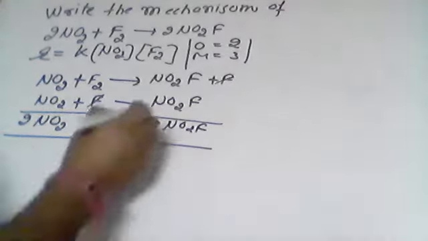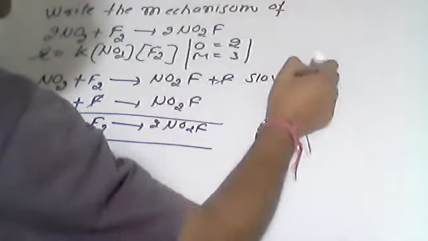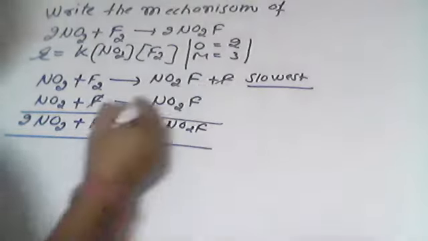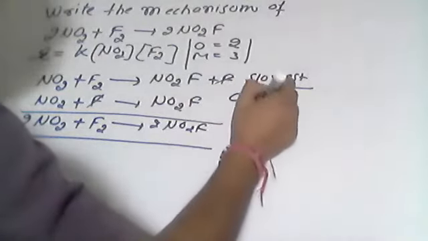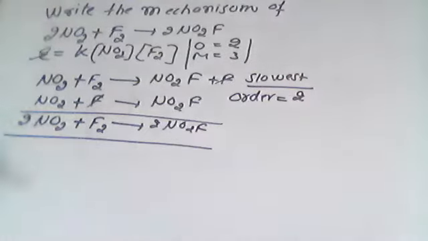Now this is basically your mechanism, and from the rate equation, we always write on the slowest step. So the first step is the slowest step, and this will be the rate determining step. And if someone asks you the order of this reaction, it is the order of the rate equation, that is, second order. Molecularity overall has no significance. For individual elementary steps you can write the molecularity, but overall there is no significance of molecularity.